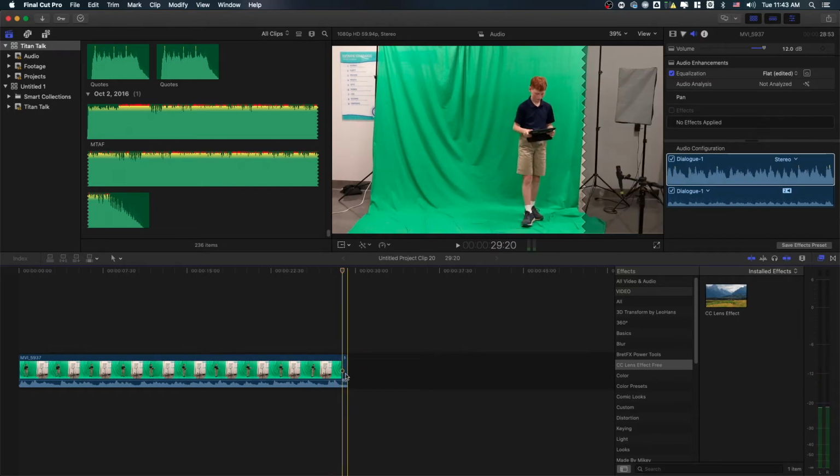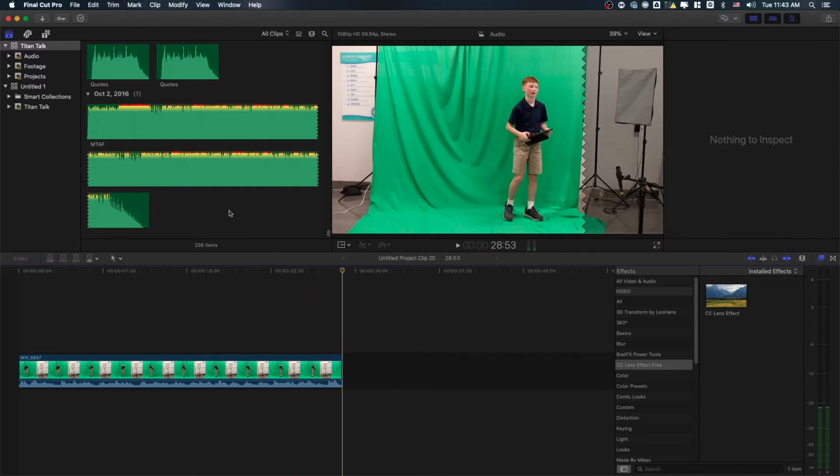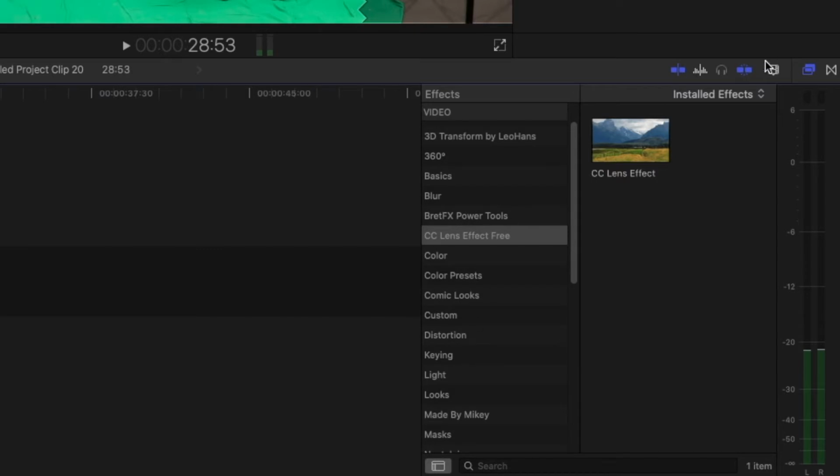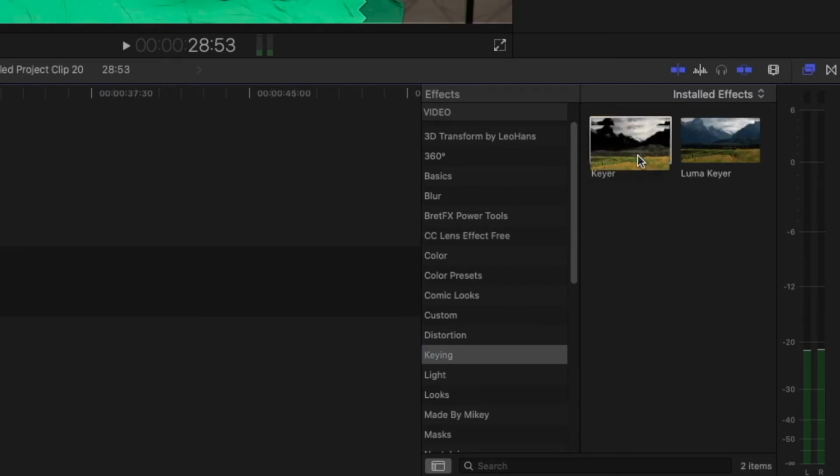Okay, so that's the end. So I'll make another cut, select, delete. Okay, now it's time for effects. So we're going to go to the effects panel, go under keying, and add a keyer by dragging the effect